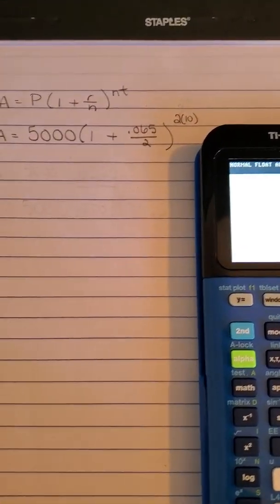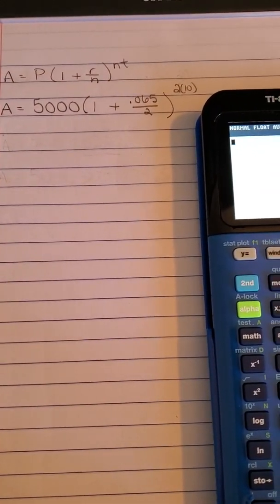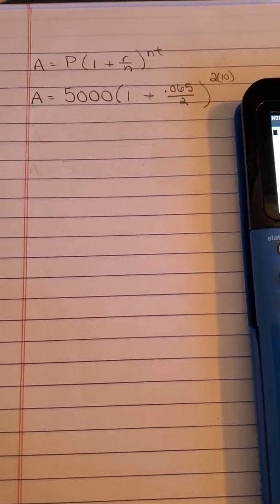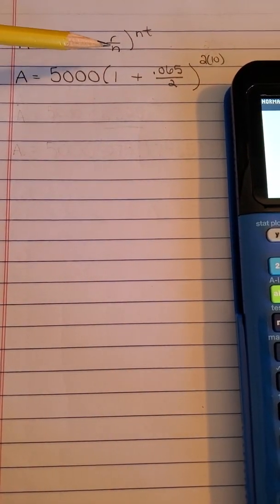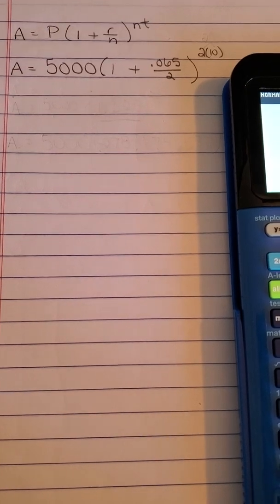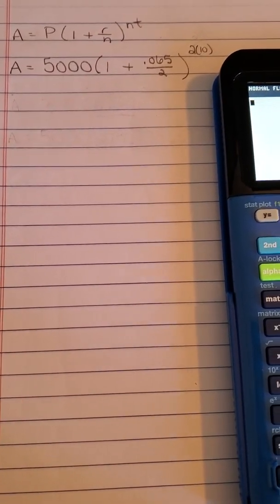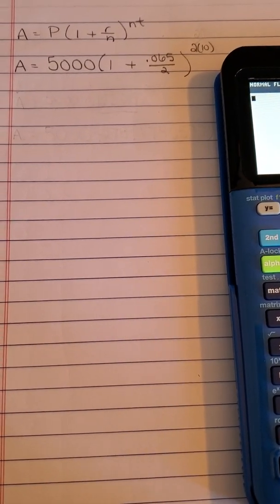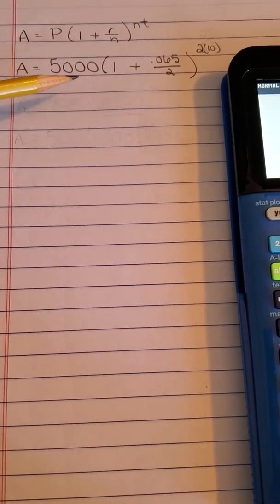All right, so what we are going to do today is look at one of our compounding interest problems with the formula P times (1 plus R divided by N) raised to the NT power equals our future value, or A. So we're going to do the second example, or one of the examples from 8.4, where we are investing $5,000